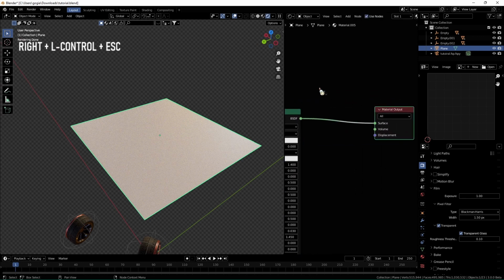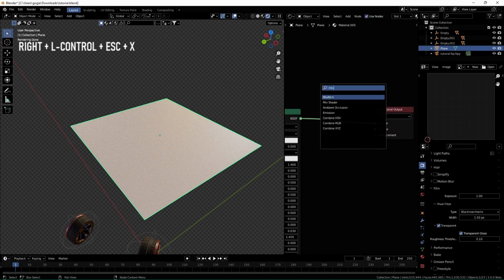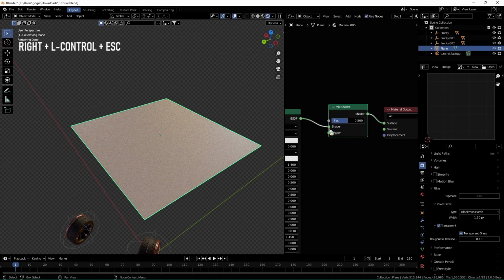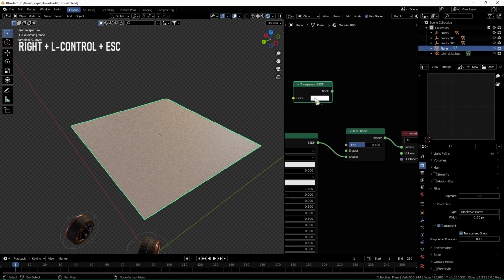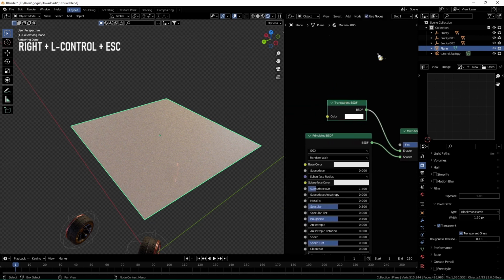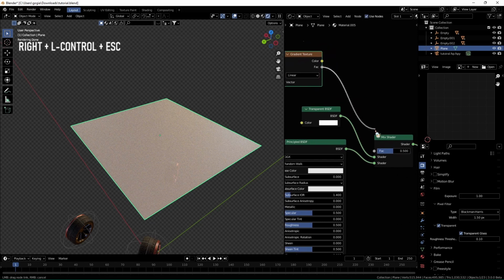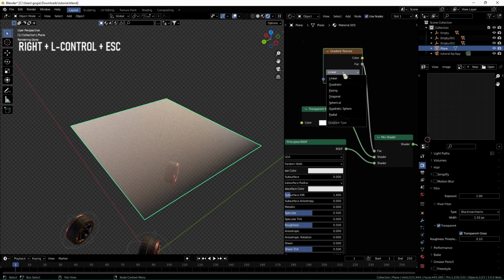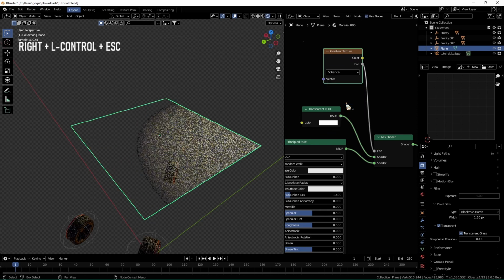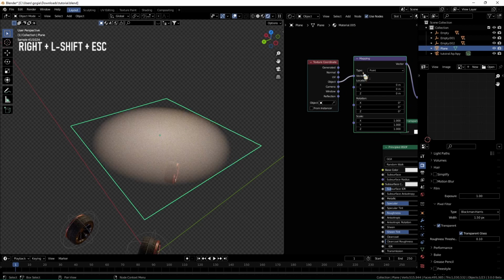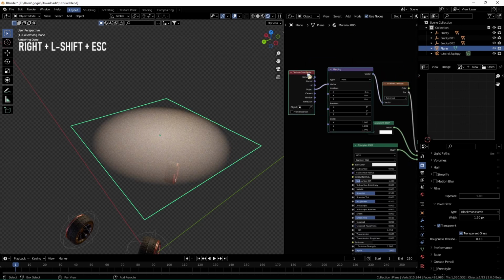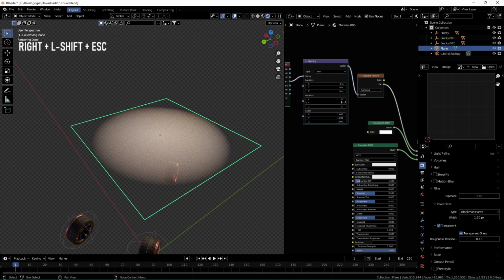We need now a mix shader, and we need a transparent BSDF. Let's plug that into here, and now we need another gradient texture. Plug the factor into here, and now change this to spherical. And now we add a mapping node to this and change it to the object coordinate. So now we have a kind of diffused circle in the middle,